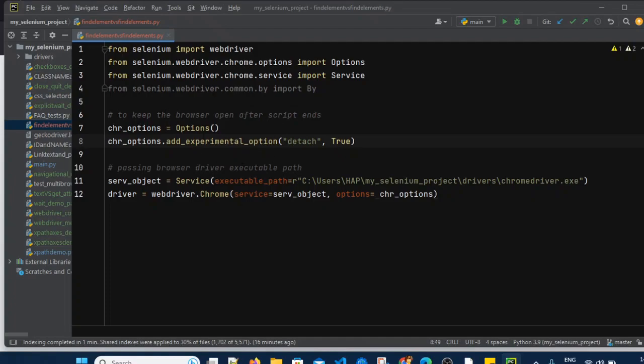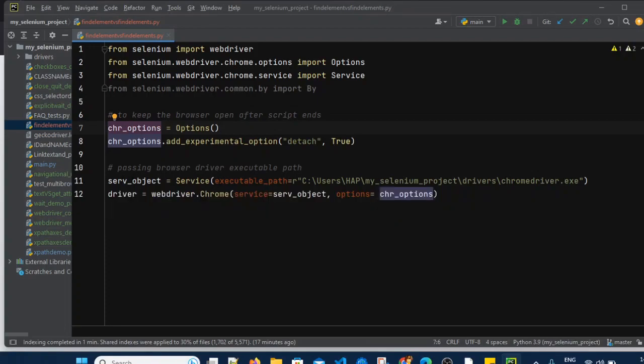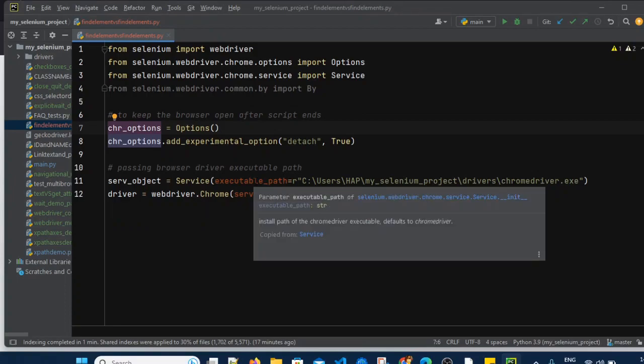If you create this Chrome options object of the options class, we can create any variable here, that is the object of the options class, and we pass this object in the driver instance whenever we are creating it. We are also creating a service class object in which we are passing the executable path of the browser driver, the Chrome driver.